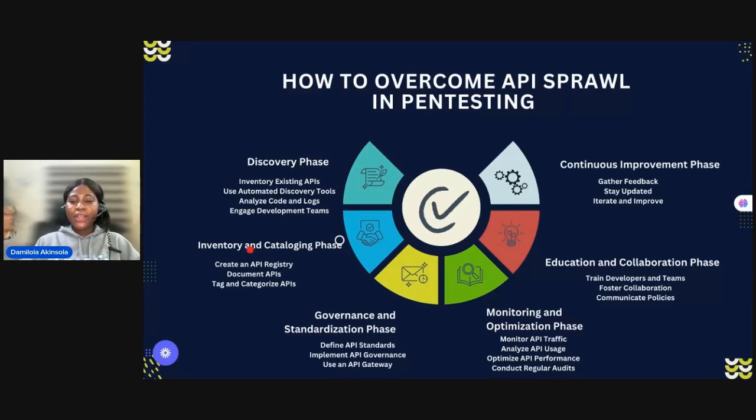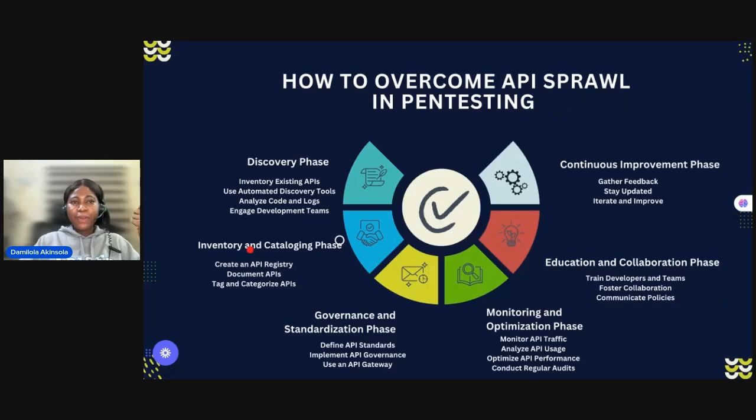So you're training your key stakeholders on API security practices. You're offering hands-on training to them on how to use API security tools and management platforms. Trust me, once the key stakeholders know how to make use of security tools, they will continue to do so. So you have to ensure that you educate them.